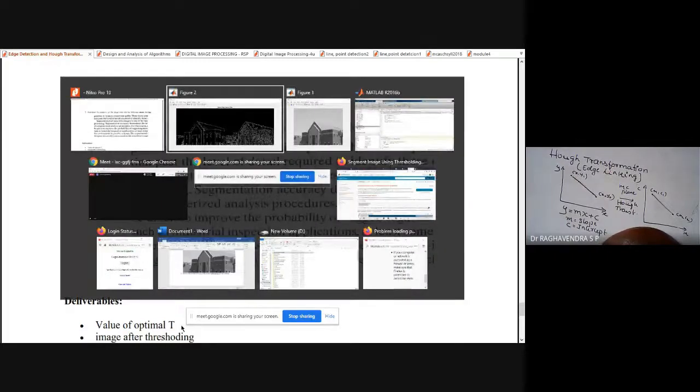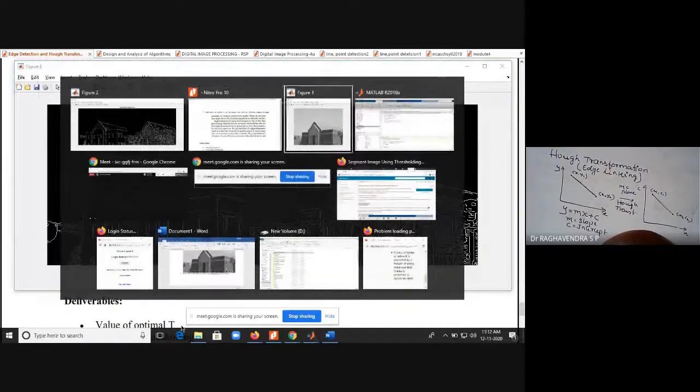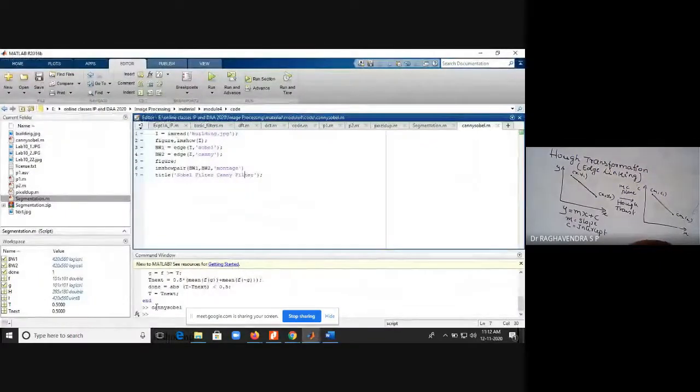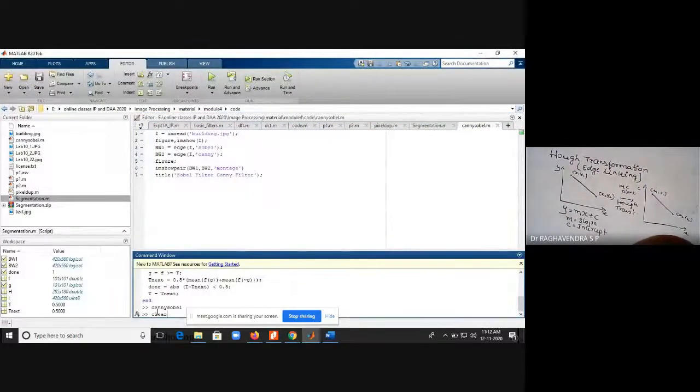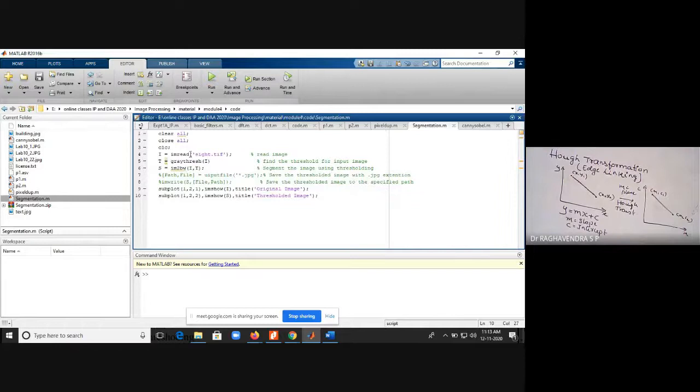How will this work? We shall go to MATLAB once again. Here I have given 8 now. Instead of that, you give the image text.jpg.